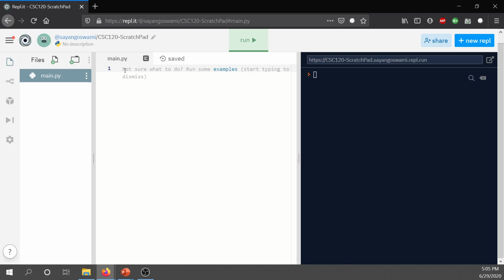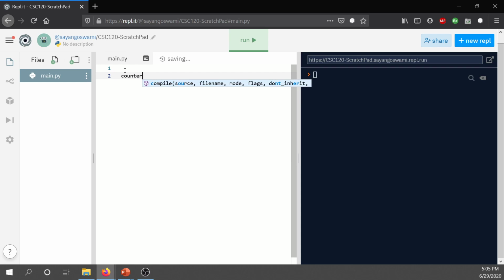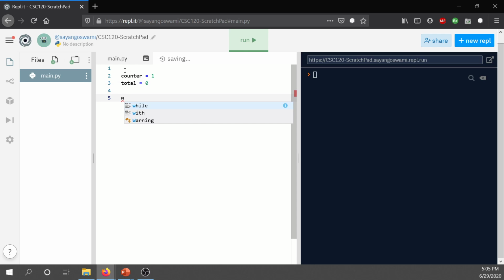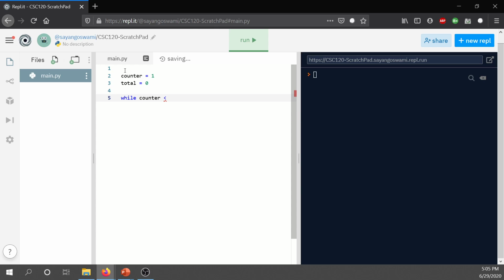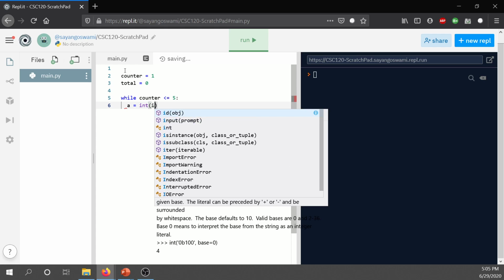So let's see the code in action. Let's see how it behaves. As you know, we start with the counter variable, so counter equals 1, and then we also have a partial result, so total equals 0. Next, we use a while loop: while counter is less than or equal to 5, we take a number from the user. So a equals int input,